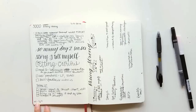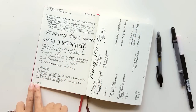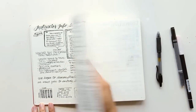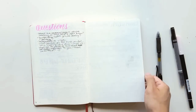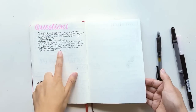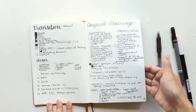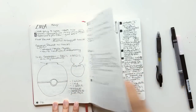Then you can see here I did that threading again. I talked about 3,000 last on page 34 and again on page 67. Questions. I love hearing new questions that I can ask students or anybody in my life, so I jot those down as well and attribute it to the person who introduced it to me. You can see I stick more closely to the traditional bullet journal system